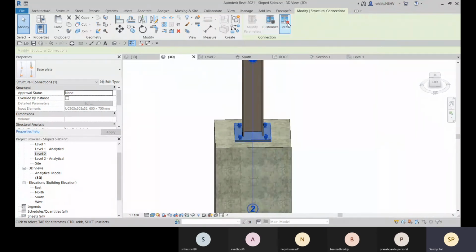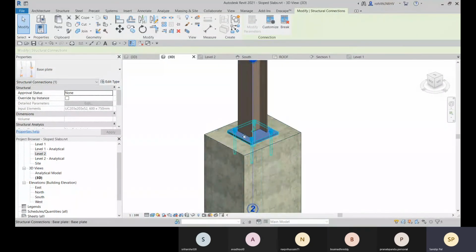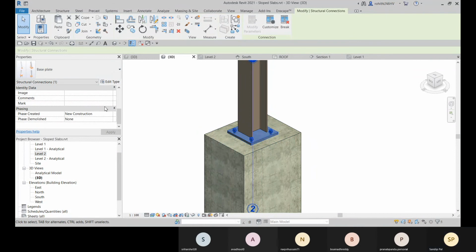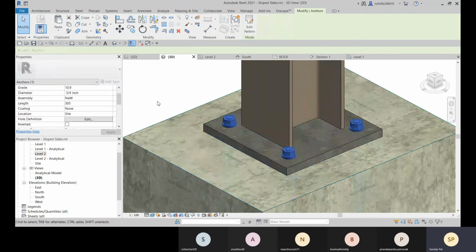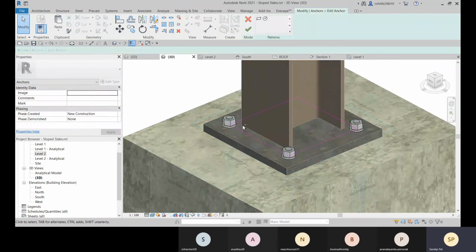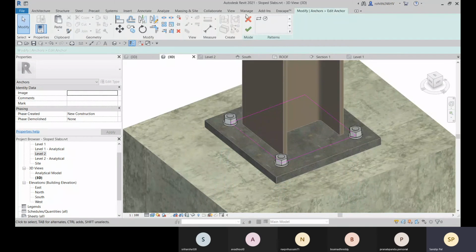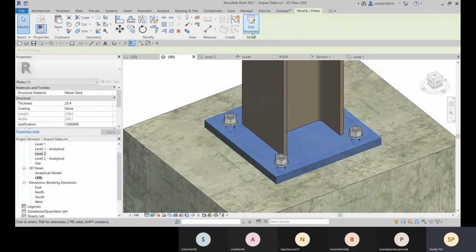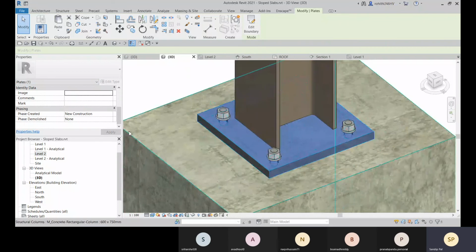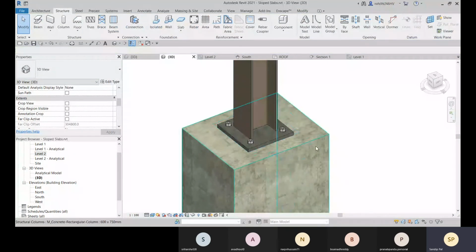Okay, and this break option, you can just select this and break the connection. So if you break it, you will not get these parameters anymore. All right. So you can simply break it so that you can select these one by one and edit pattern and all. All right. So you can have them individually like this base plate, and you can edit the boundary and this one as individual. Okay. So you can simply break that.